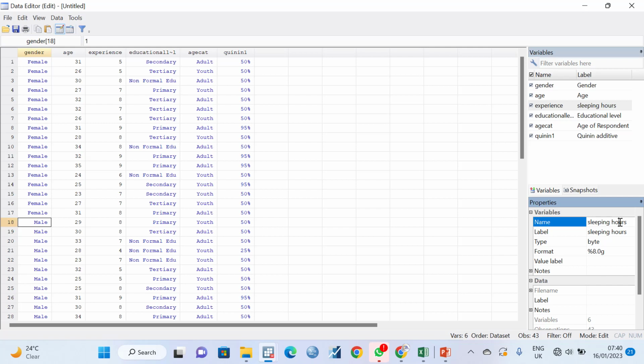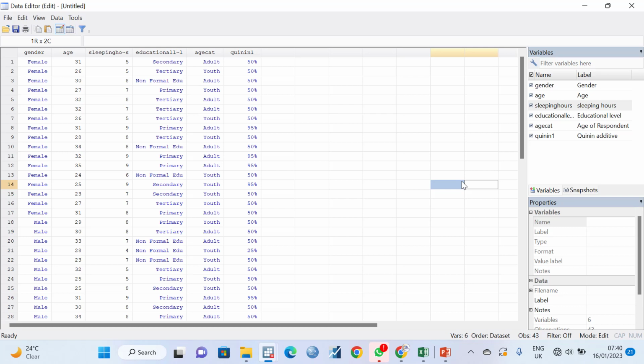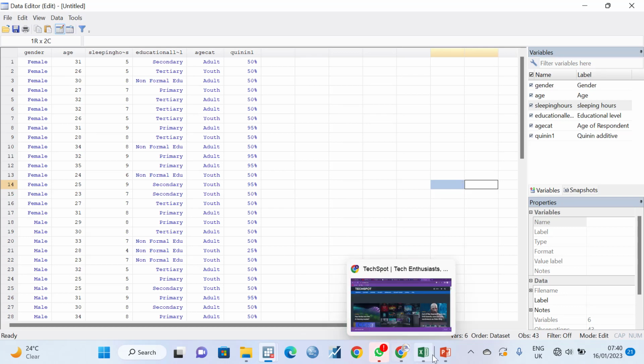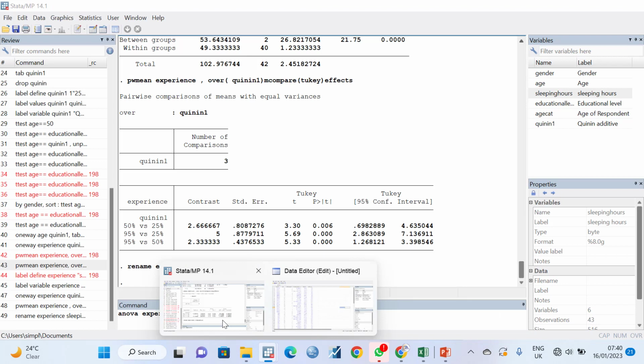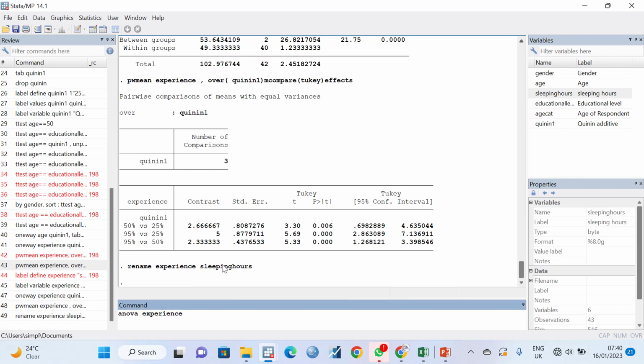Okay, that's the problem. I can't put space. I think I made a mistake in putting space. All right. Yeah, rename. Yeah, there's no space. The command was correct. There's no space. All right. So